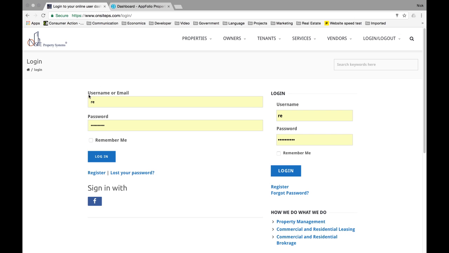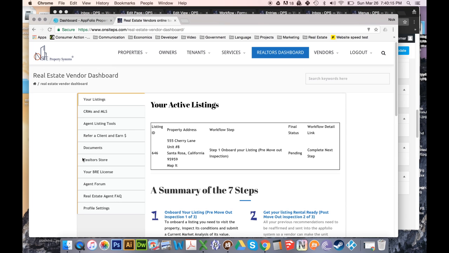onsiteps.com/login website and input your real estate agent credentials, your username, and your password. If you don't have one, you can register for free online. Go ahead and click login. Okay, once you're logged into your real estate vendor dashboard, you can see that you'll have your listings and active